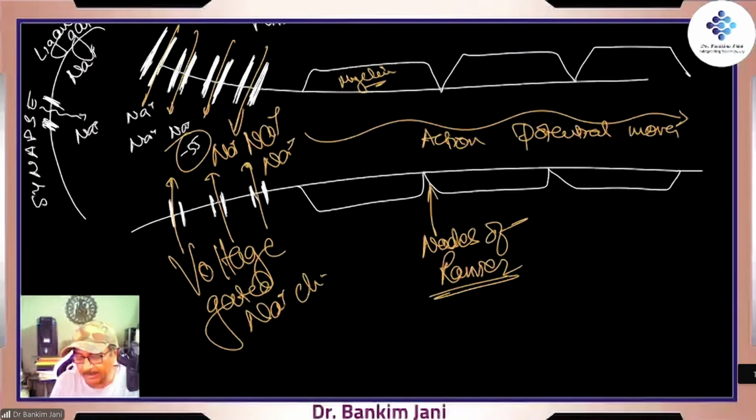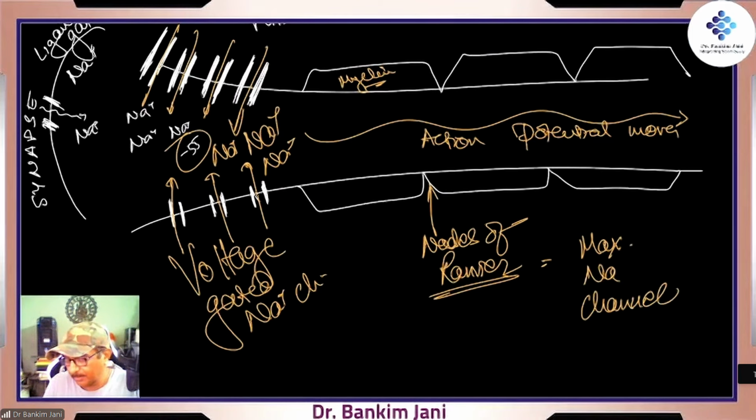They consist of what? They consist of a large amount of sodium channels. In fact, they have got the maximum sodium channels. So why are they needed? The answer for this is